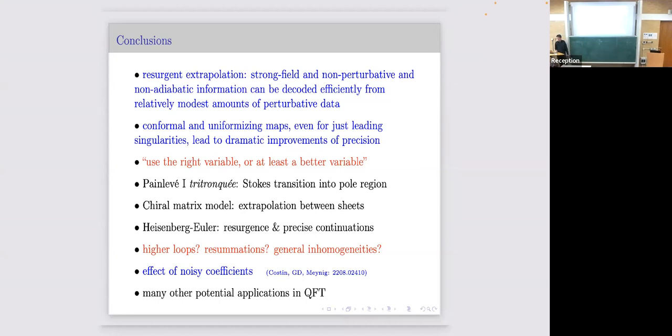So I only showed you two of the examples. One, we could cross the complex transitions into regions where the function has a completely different form. So trans series of one region turned into something different like another region. It's a reflection of phase transitions in systems, even in integrable models. And the main point of the chiral matrix model is a demonstration that we really could cross smoothly from sheet to sheet just by going in steps.